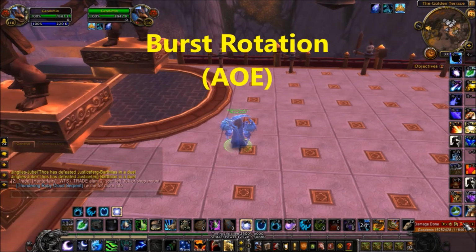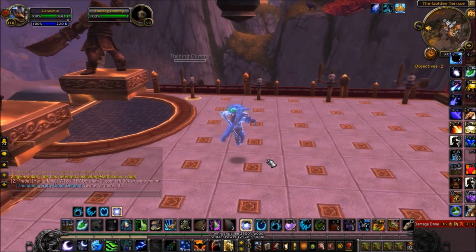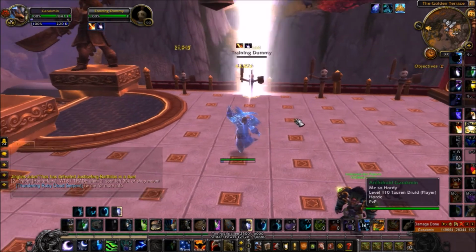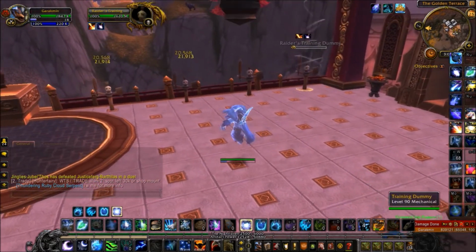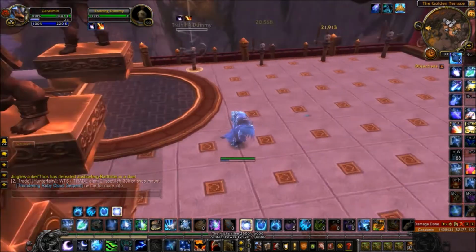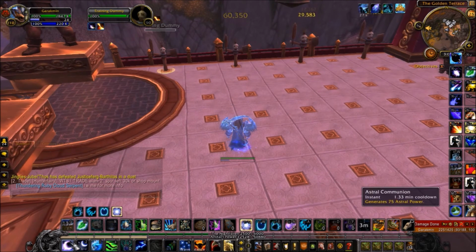Okay, so when it comes down to your rotation, there isn't much of a rotation in PvP, but this is just a rule of thumb that you need to follow. Start off with dotting your targets. Moonfire, Sunfire. Make sure that's up on all your targets. That really helps with your DPS. Then, after you've put up all your Moonfires and Sunfires, you're going to have a fair bit of Astral Power. And what you do now is activate your burst, use your Astral Communion,